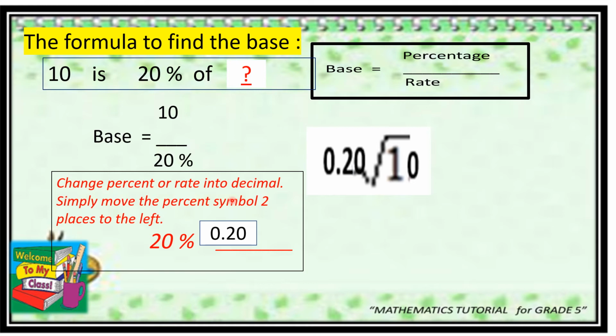balikan natin yung rule in dividing a whole number by a decimal number. So, kailangan po yung 0.20 ay gawin nating whole number. Kailangan pares whole number yung 10 and 0.20. How? You will count the decimal places in 0.20. So, in 0.20, meron tayong 2 decimal places. Okay. Dahil iyan ay may 2 decimal places,